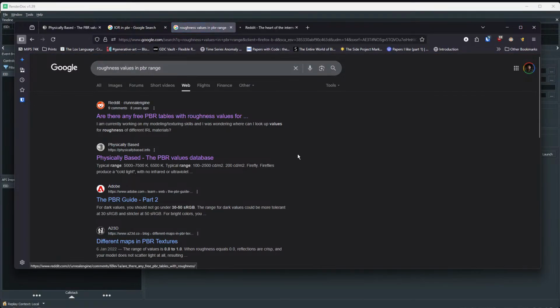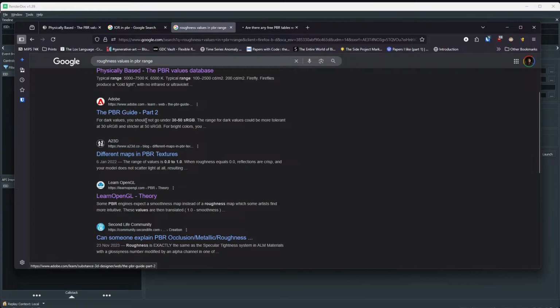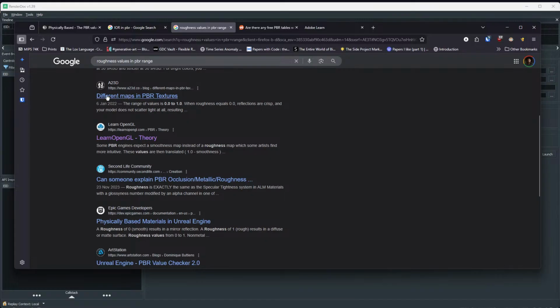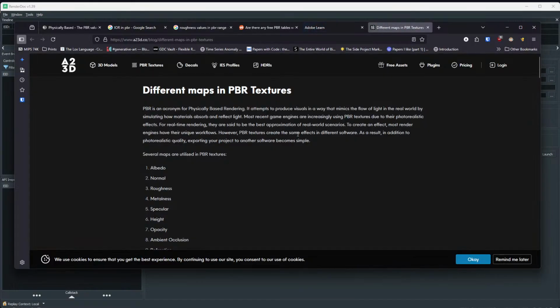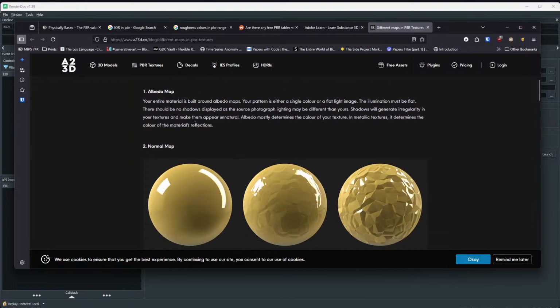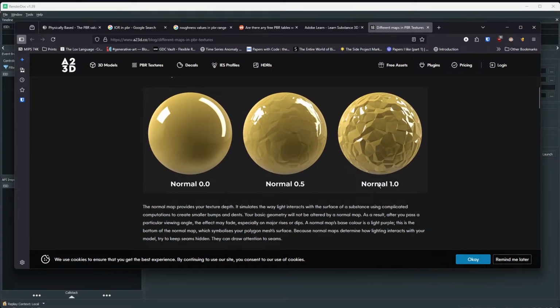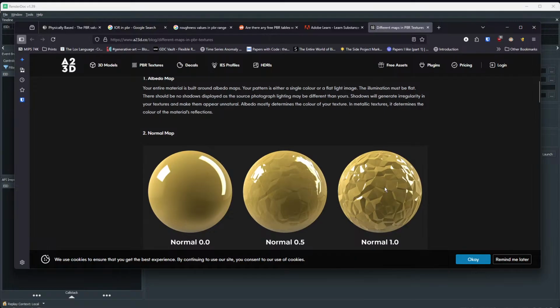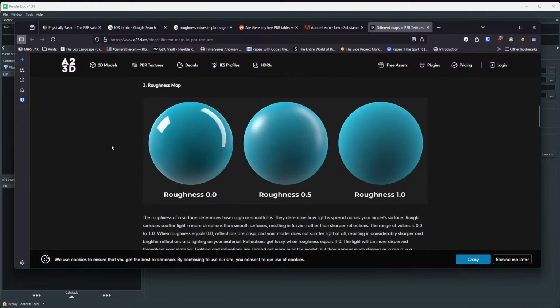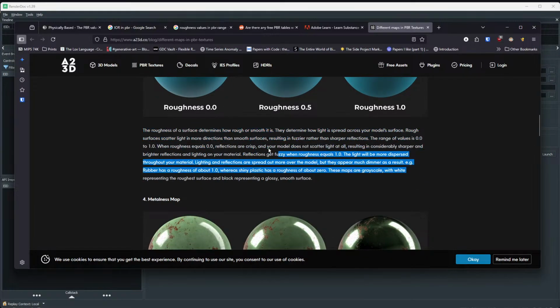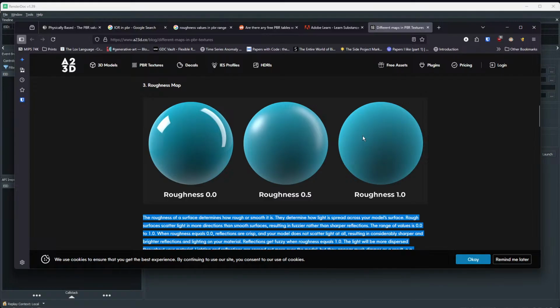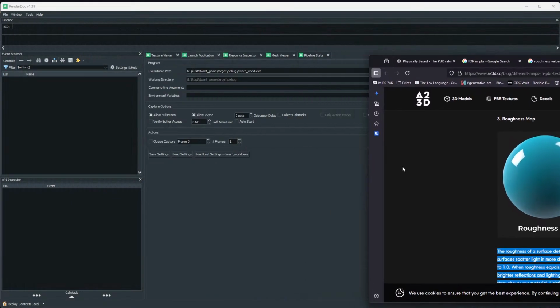What's the range? PBR guide. Adobe, okay. Different maps in PBR textures. The range of values 0 and 1. Albedo. Normal. What? Okay. Roughness map of 1. So roughness should be between 0 and 1. Okay, well,